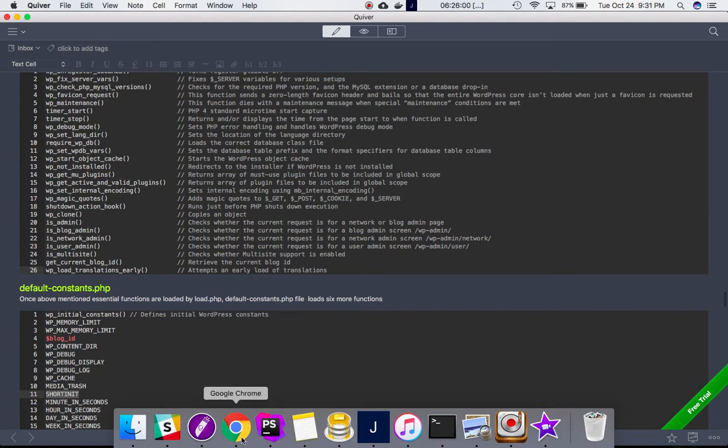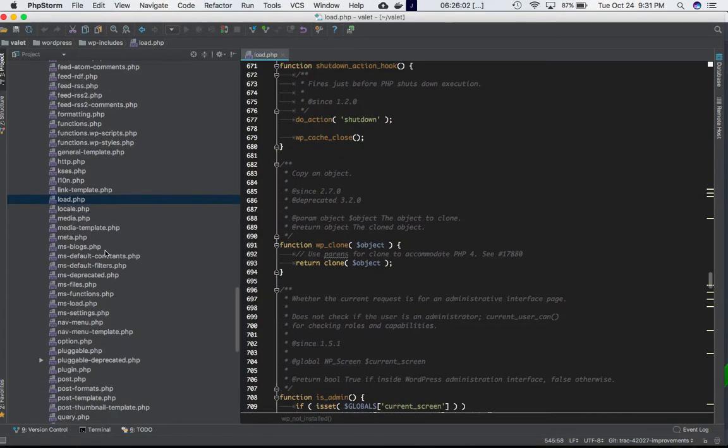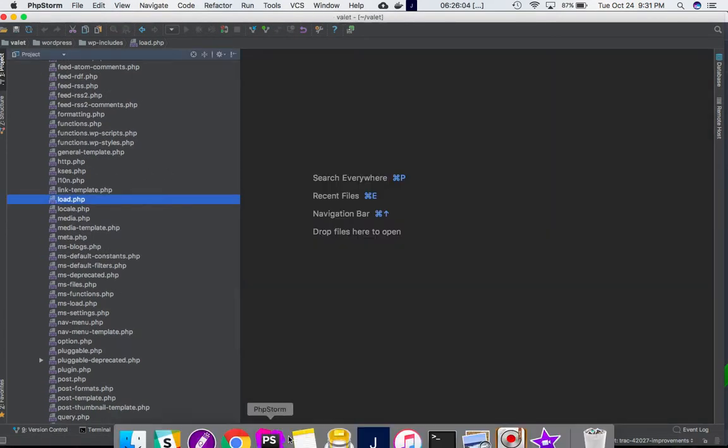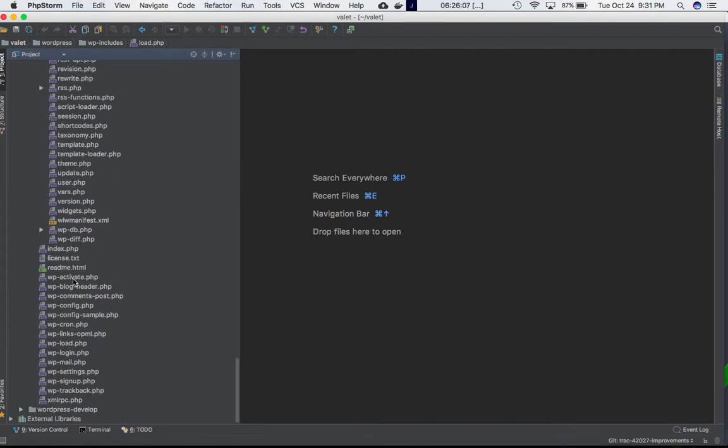All right. The next file is default-constants.php. So if you can see, in our